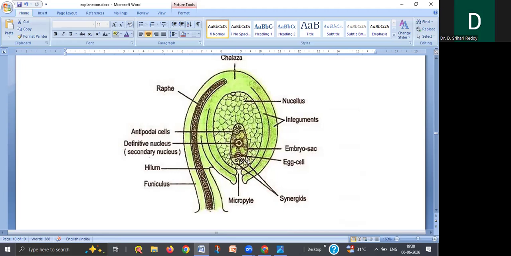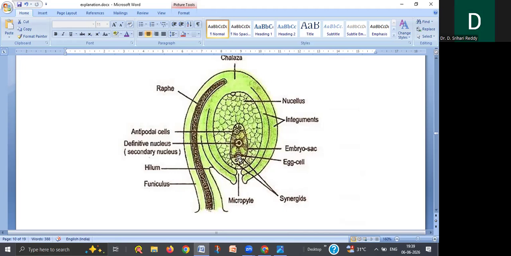We already discussed that through the pollen tube, two male nuclei or sperm cells enter into the embryo sac. One of the male gametes, or male nucleus or sperm cell, unites with the egg cell. This is called syngamy, and this is the first fertilization. After syngamy, the egg cell becomes the diploid zygote,